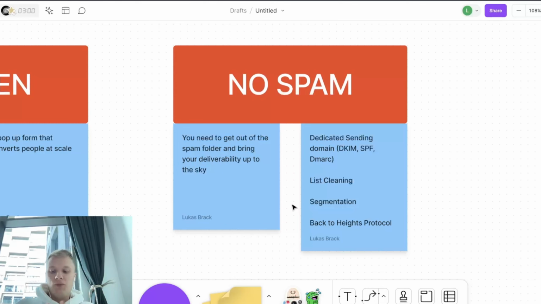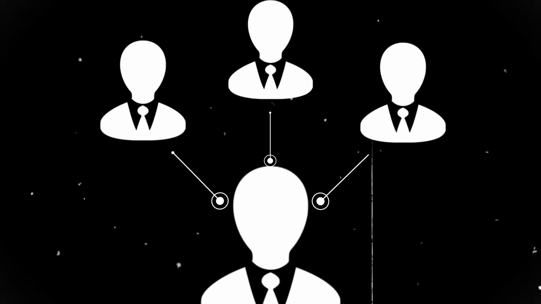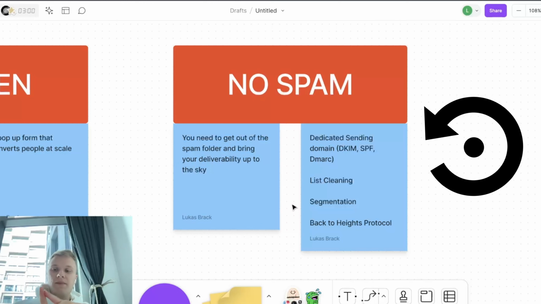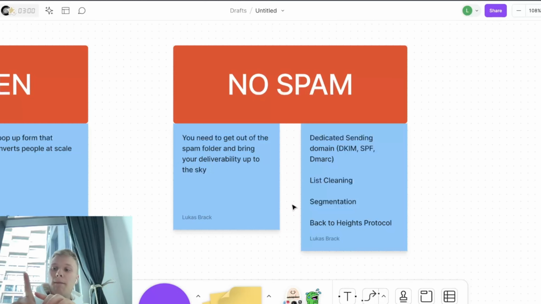So if you're sending through Klaviyo right now, most of the brands use their shared server, which means that you have one server from Klaviyo and a lot of brands using that server. So what happens if one of those people mess up their deliverability is your deliverability is getting impacted as well, right? And that's not something you want to do. So it could be that you're literally landing in spam because of someone else. So what you can do is reset your reputation by moving to your own server, which is your own website.